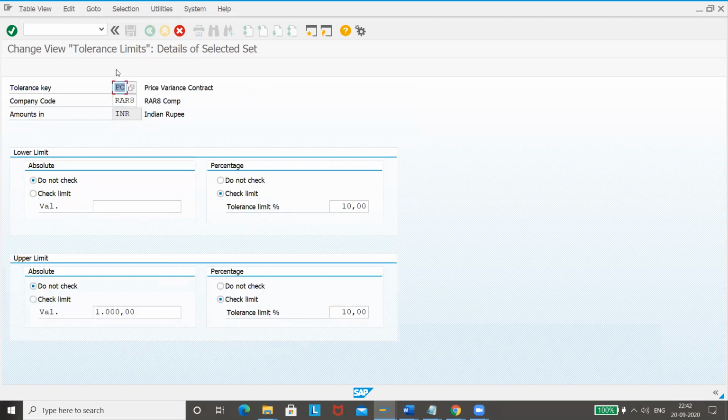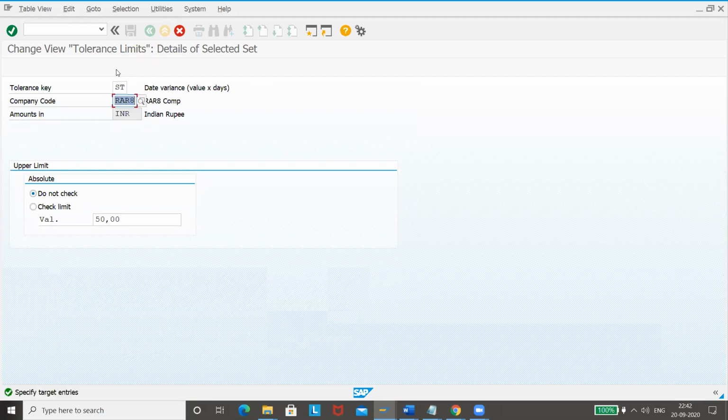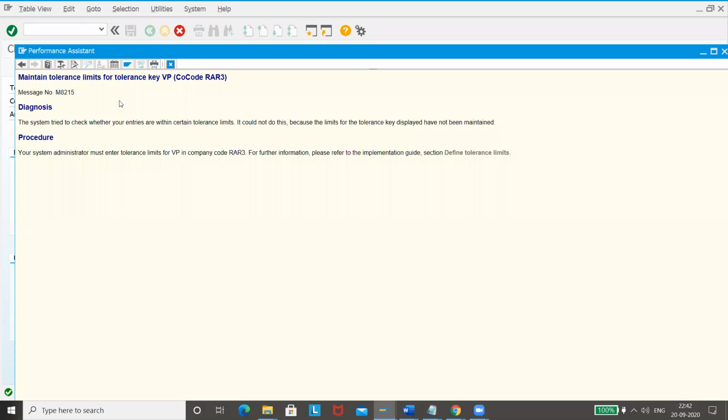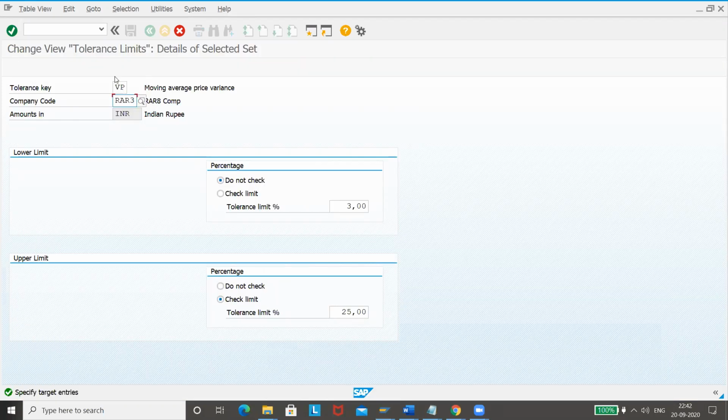I'll stop you at VP because that is where we have this challenge, right? So here, this is where we got this error, right? For tolerance key VP, I will show you this error. Maintain tolerance limits for the tolerance key VP. So for this VP tolerance key, we'll just have to maintain some rate limit, say 3%.